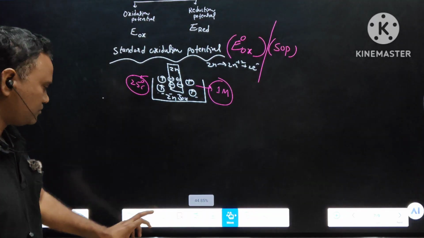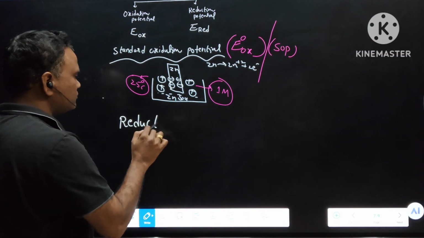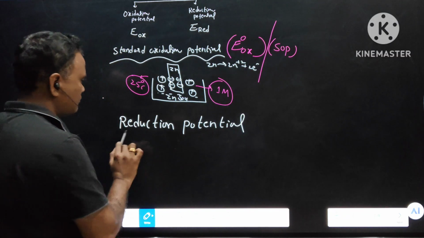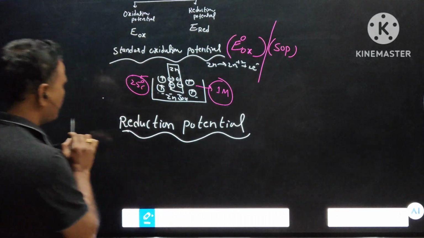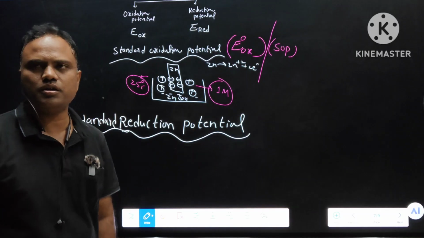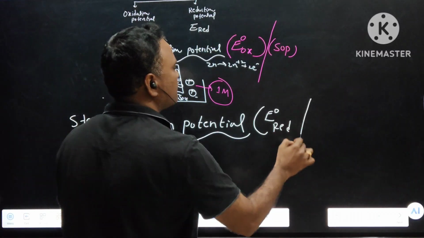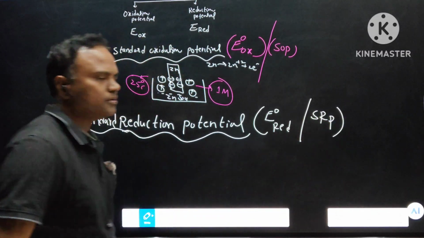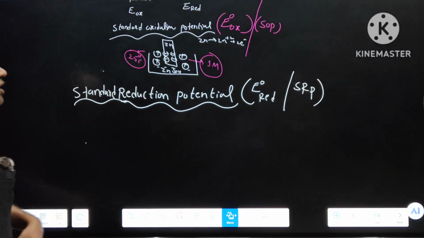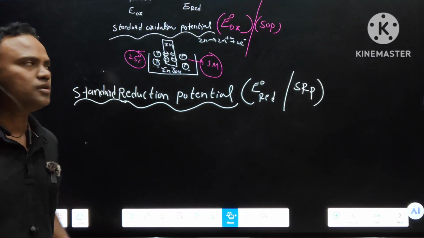Next, reduction potential. Standard reduction potential, E naught RED or SRP. The reduction potential developed at standard conditions is called standard reduction potential. For example,